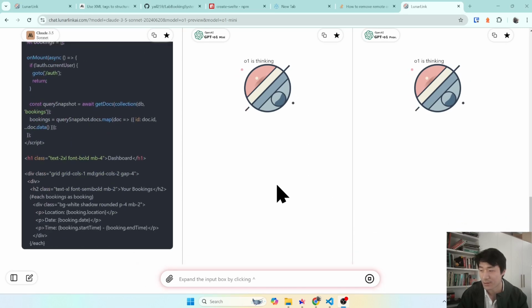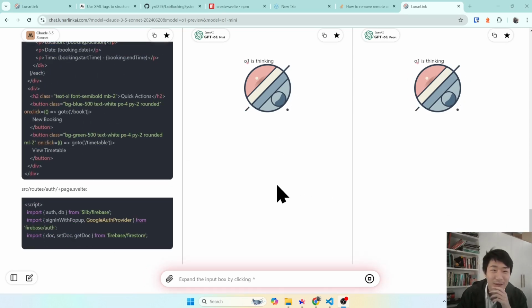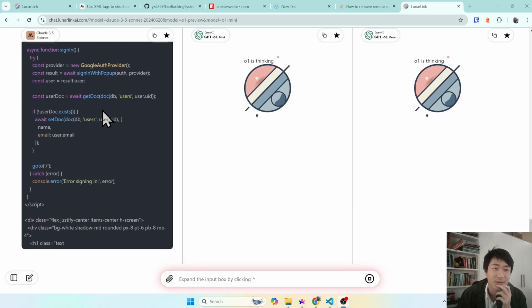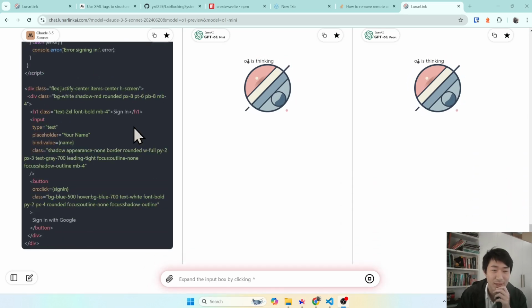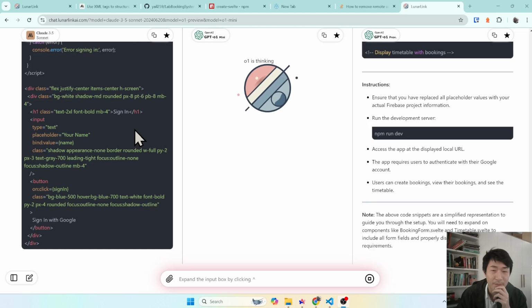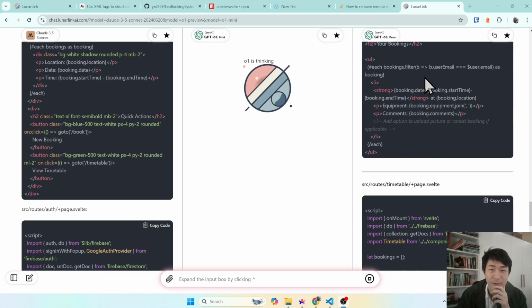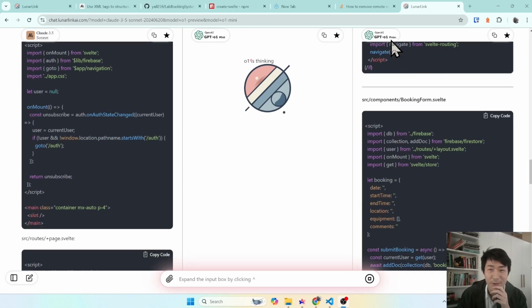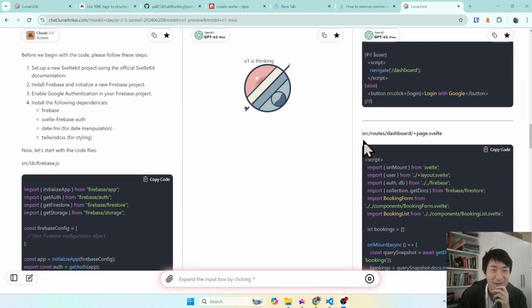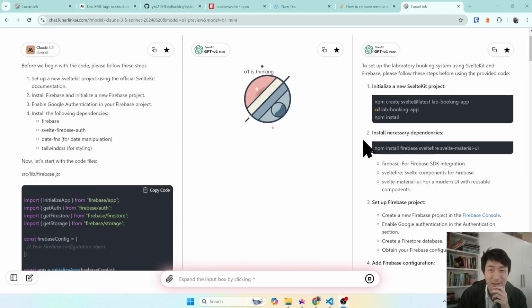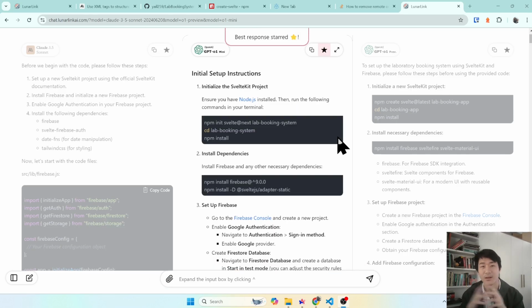Okay, so as you can see, Claude is starting to generate, but O1 Preview, oh, it's actually faster than O1 Mini. Interesting. And O1 Mini is still thinking, so let's wait. Oh, awesome. Okay, so